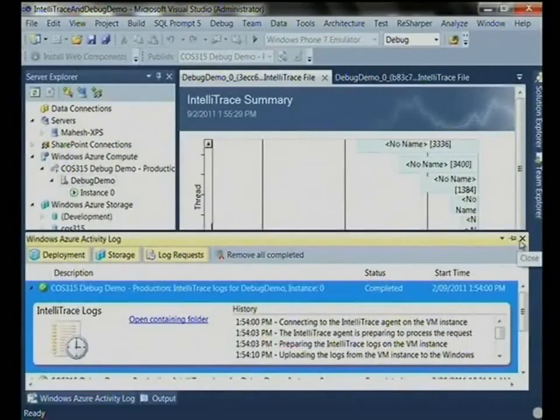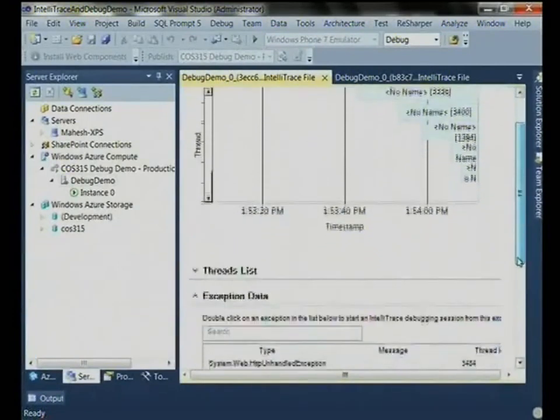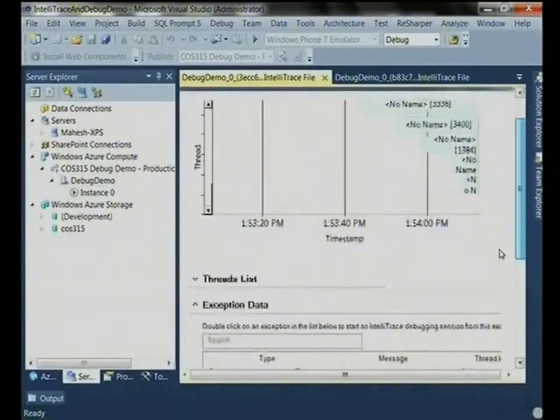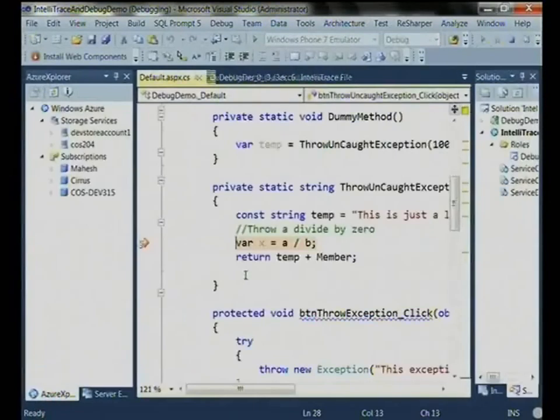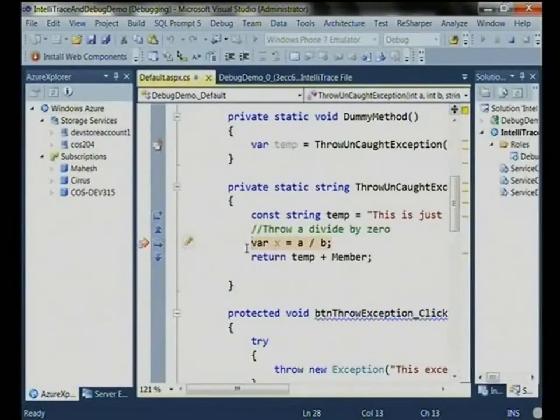It's a bit of a struggle working with a 1024 by 768 screen, particularly in Visual Studio. Now, if I look at this, it shows me all the exceptions that have been generated. And lo and behold, I've got this divide by zero exception. If I double click on that, it takes me straight into the code where it was actually caused. And you can actually walk up the stack.